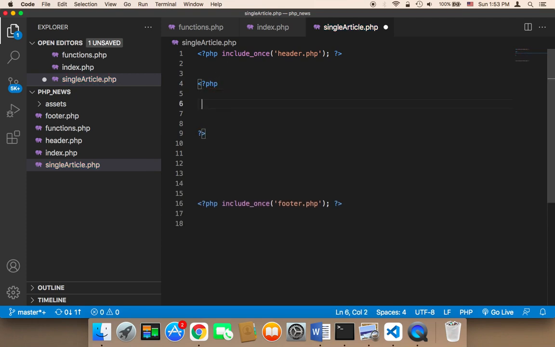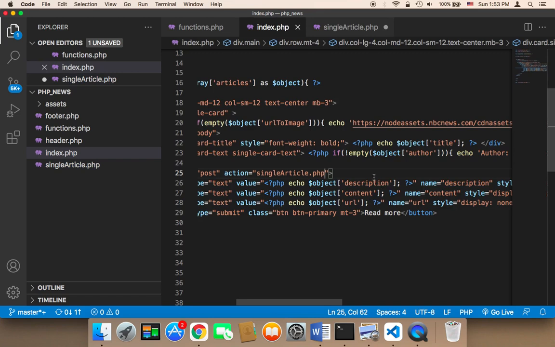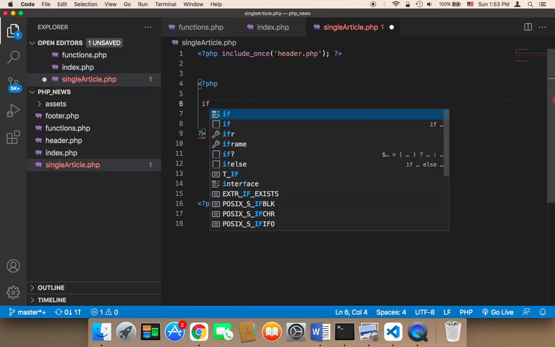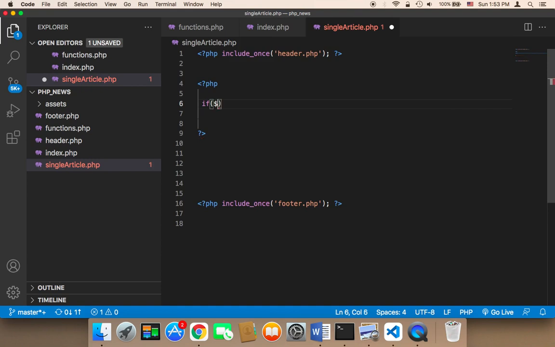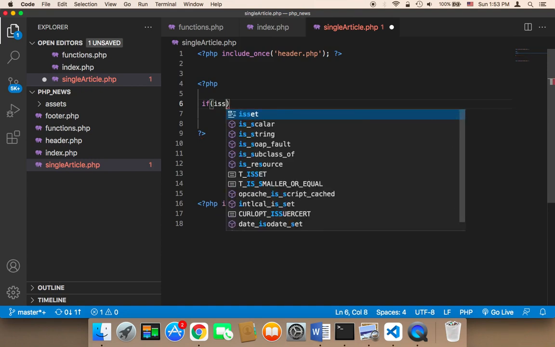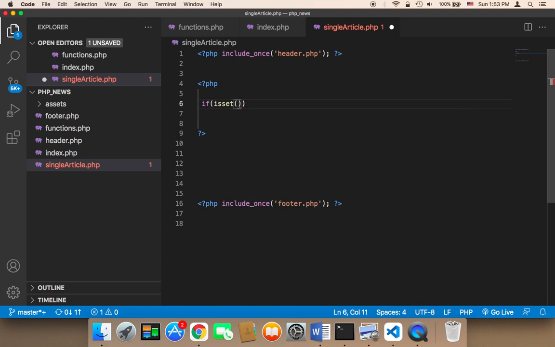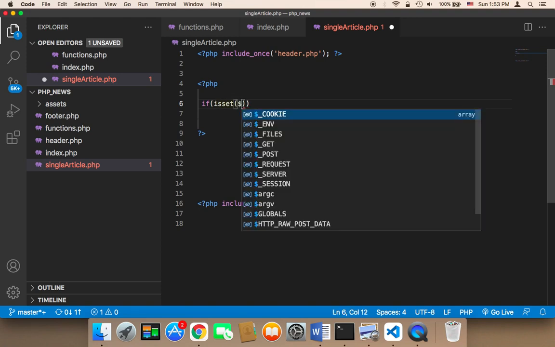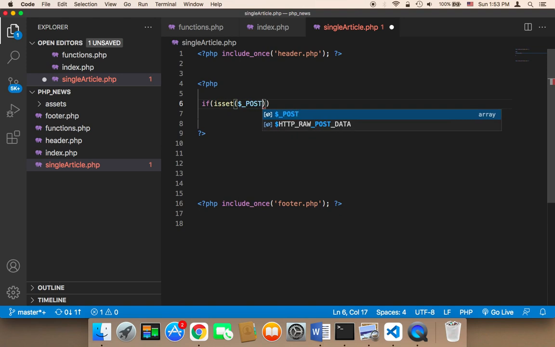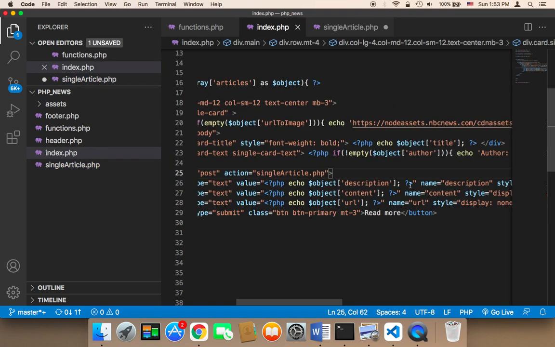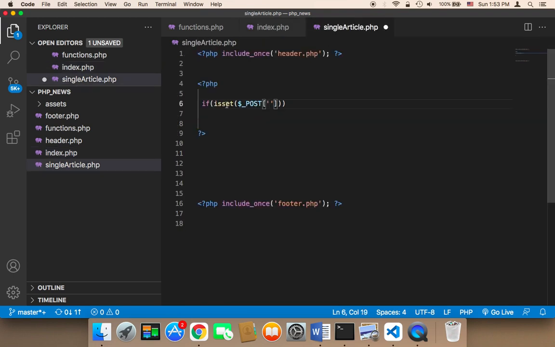So in order to check these values and check whether they exist or not, we need to use an if statement. I'm going to say if, and then a post request. I'm going to be using the isset function, and I'm going to also use the post. I'm going to say post, and then we need to check each single element we passed. Remember, we passed the description, the content, and the URL. So I'm going to say here isset post description. If it's set description